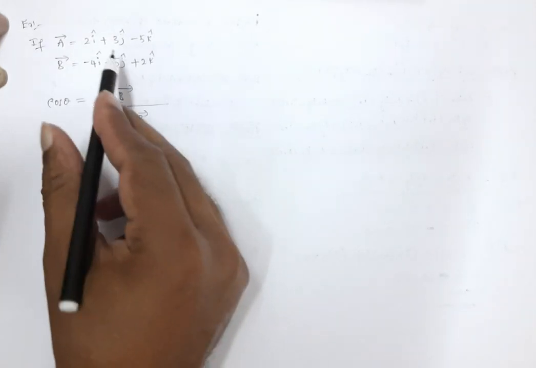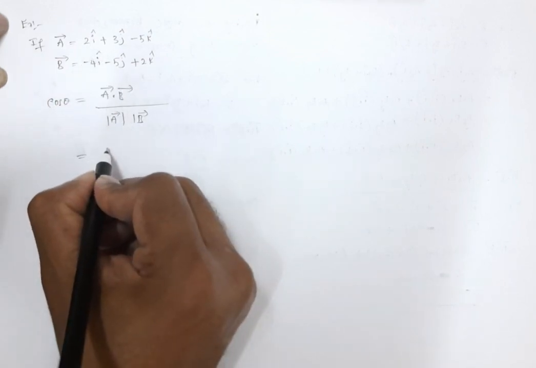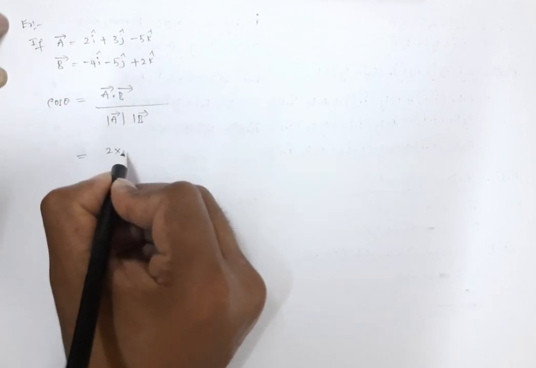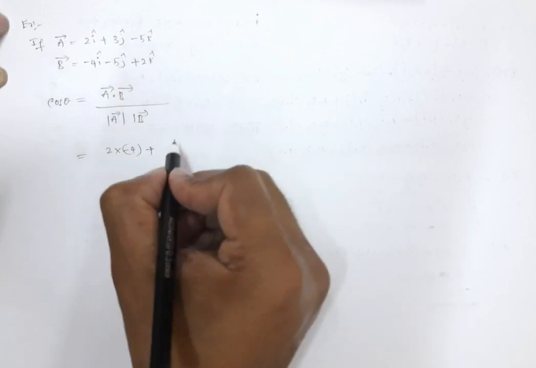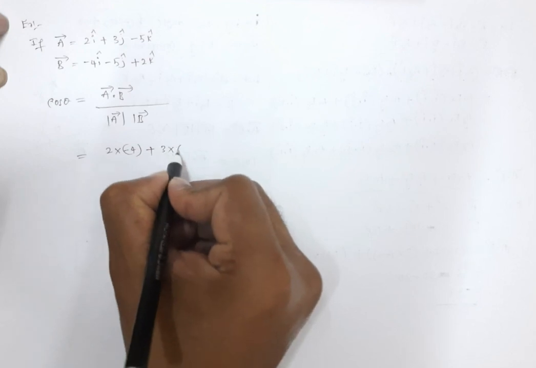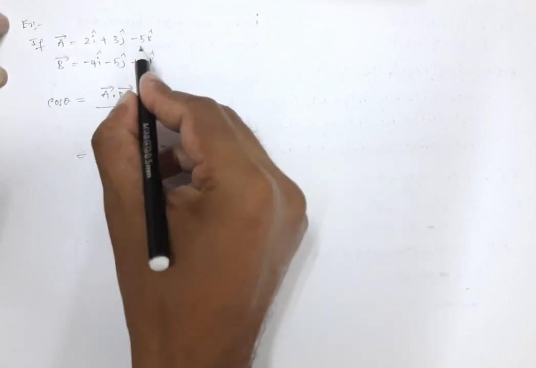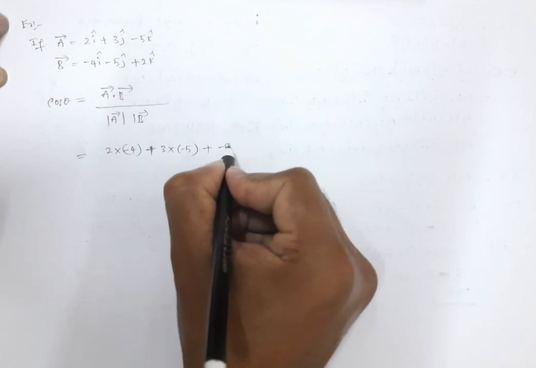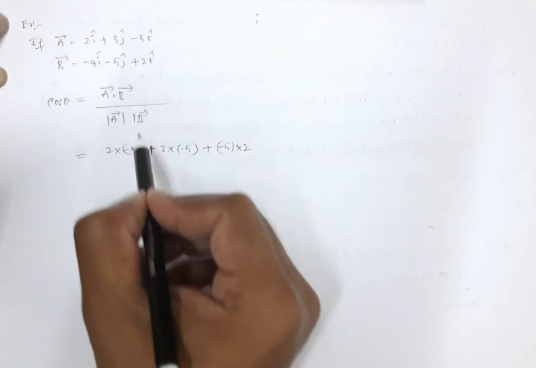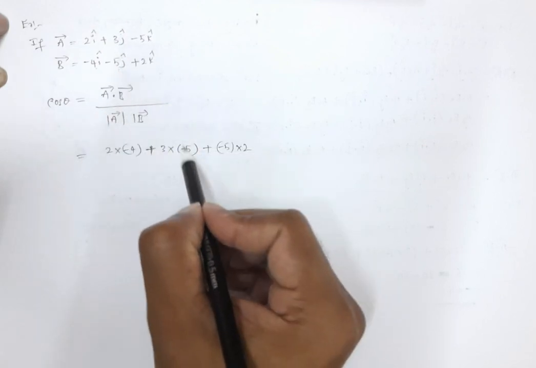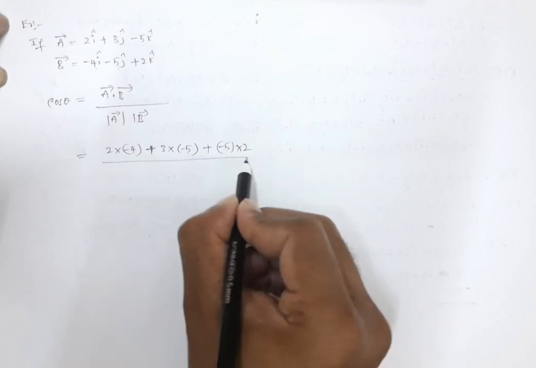Simply a bar dot b bar is the product of x components, 2 into minus 4, plus 3 into minus 5, plus minus 5 into 2. So the product of x components plus the product of y components plus the product of z components. So we are getting a bar dot b bar divided by